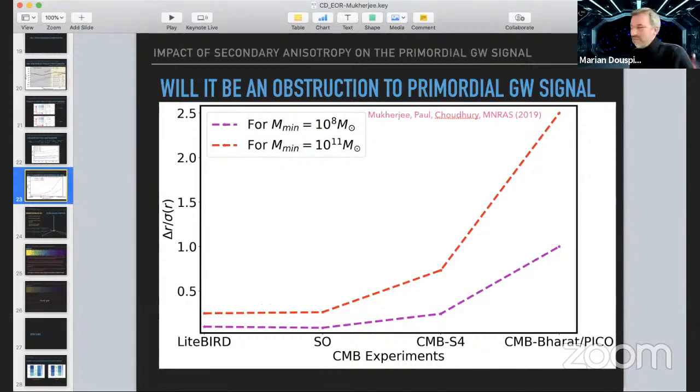Thank you. We have to move forward to the second talk by Eric Guzman, on patchy reionization reconstruction using deep learning. If you can share your screen, then it should be okay.